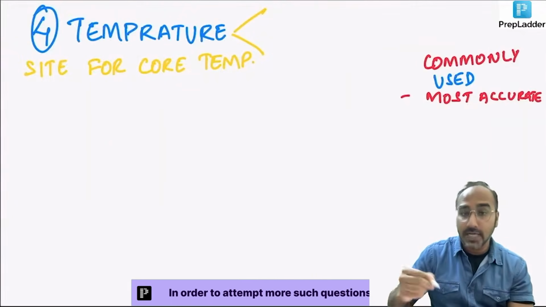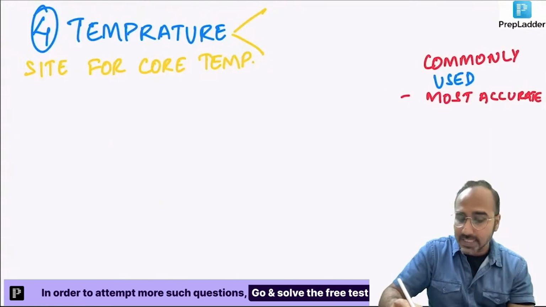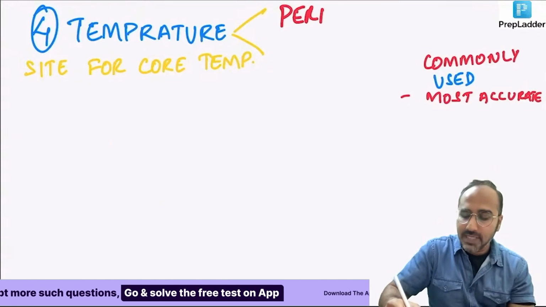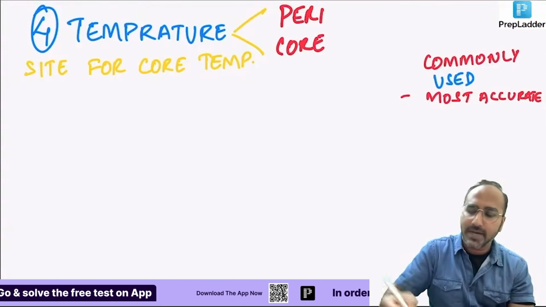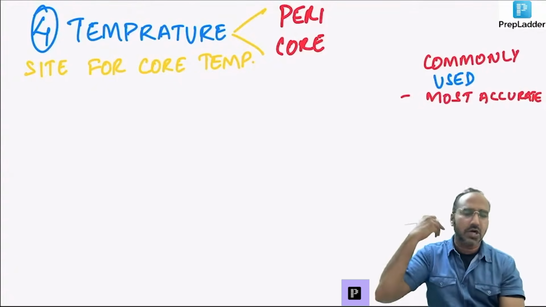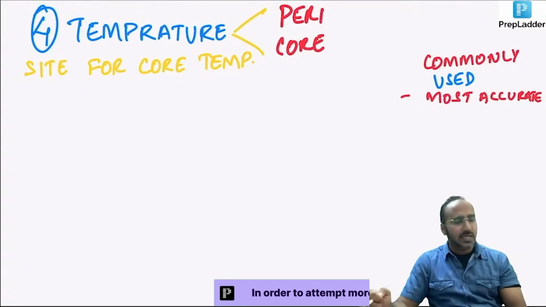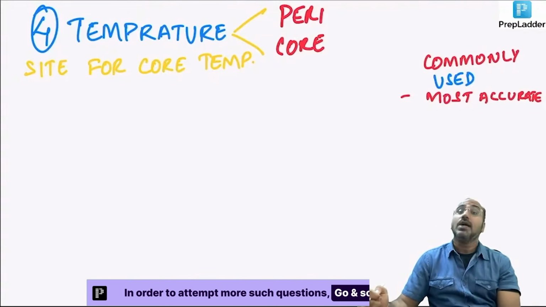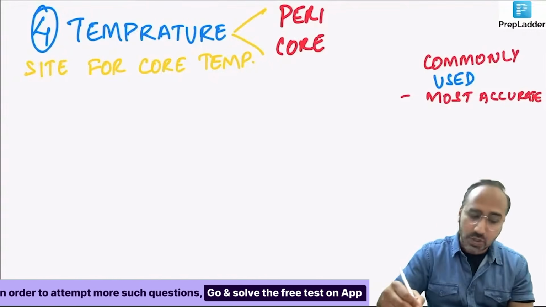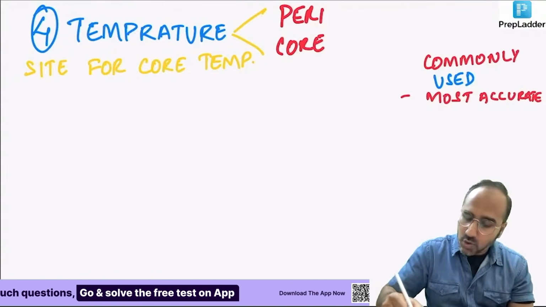Next is temperature. For temperature, there are two things, guys. One is peripheral temperature monitoring. The other is core temperature monitoring. Peripheral means normally you apply the thermometer and you check it. Okay? Core temperature monitoring, there are sites, guys. The most commonly used site for core temperature is